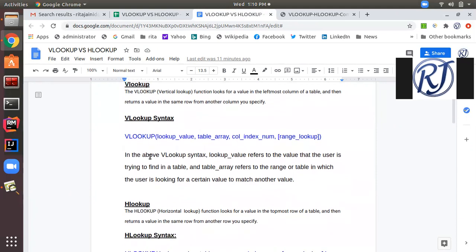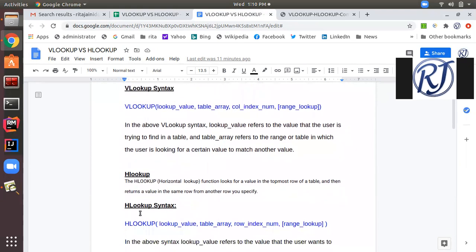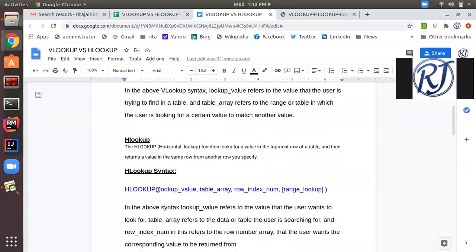And HLOOKUP is used for horizontal search. Here also the syntax is first the search key or lookup value, then the table array or range, then the row index from which you want to fetch the value corresponding to the search key.